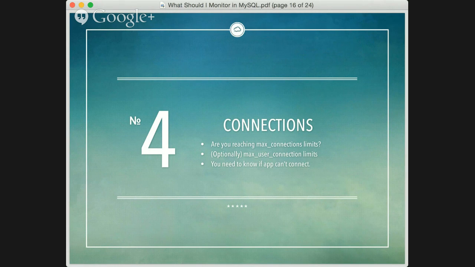So the most important thing is the work getting done, right? So that's queries. But in order to get any work done, you have to make a connection. So that becomes, by proxy, one of the things that you need to watch really carefully. The number of connections, and particularly whether the number of connections is reaching towards a max connections limit, is really important. And in a lot of systems where there's either connection pooling in the application, like there might be in JDBC or in Go's database/sql library, or in something like a proxy in the middle, like PgBouncer or PgPool, a lot of those things can be difficult